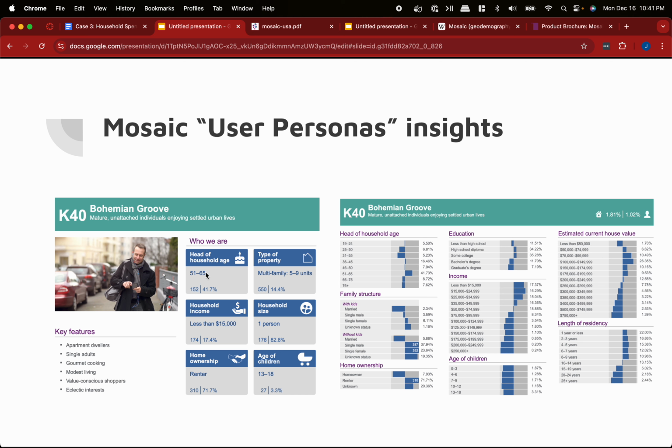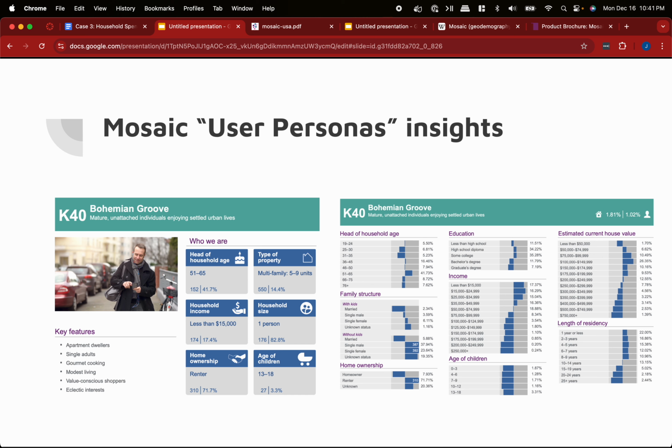You can see here there's an age, there's type of property, household, where they live, home ownership. You can also see here how they compare nationwide in terms of education, home values. It's an extraordinarily extensive amount of information and it is very akin to the idea of a user persona in